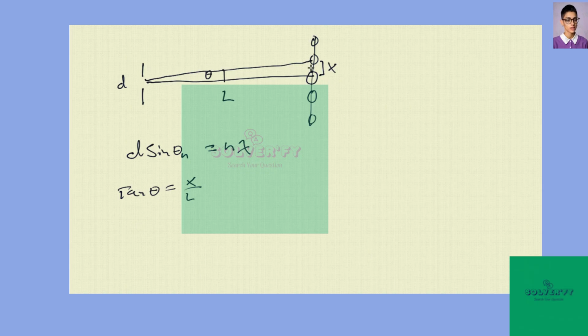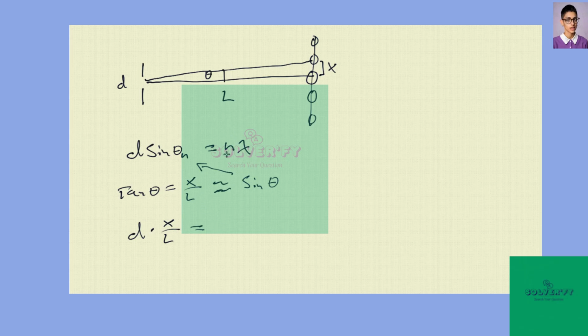And what you have to notice here is that they're saying near the central bright spot, which means that this angle theta is going to be small. So tan theta, if theta is small, is approximately sine theta. So we can just substitute sine theta into here, and we have that d times sine theta, which is approximately d tan theta, so that's going to be approximately d times x over L,